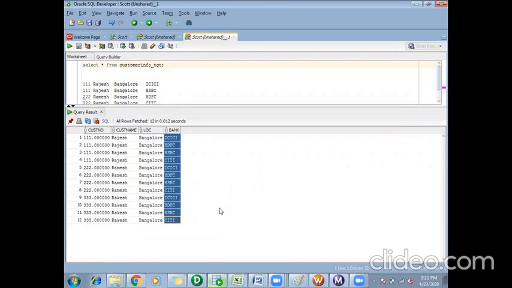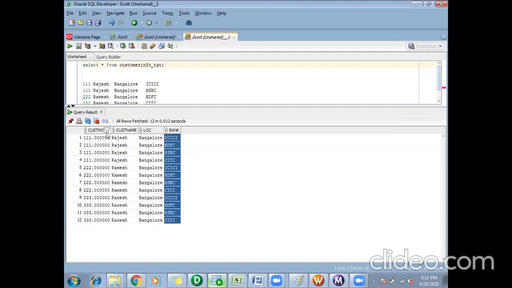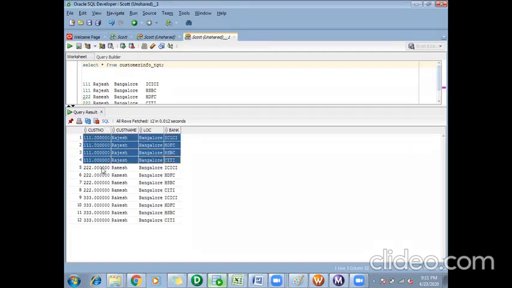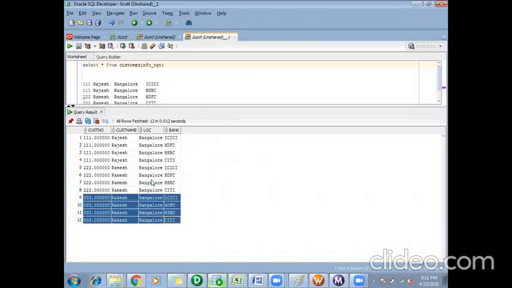Then coming to the last point in this. What am I supposed to do? Here, if you see, for each customer, it is showing me all 4 banks, right? But this is not what I actually want.